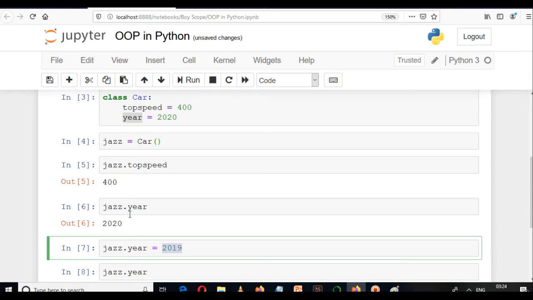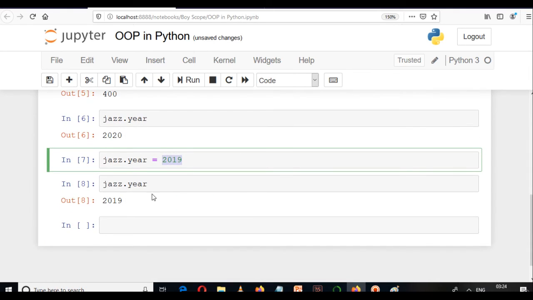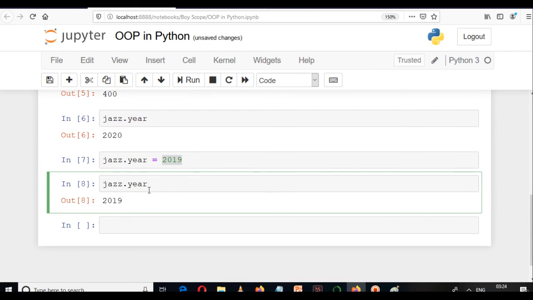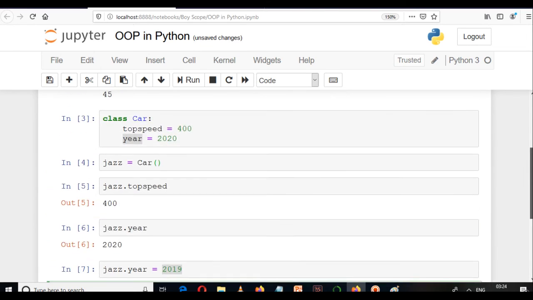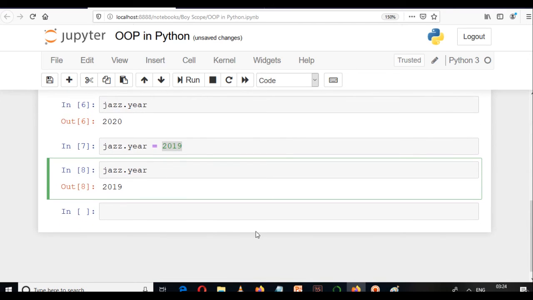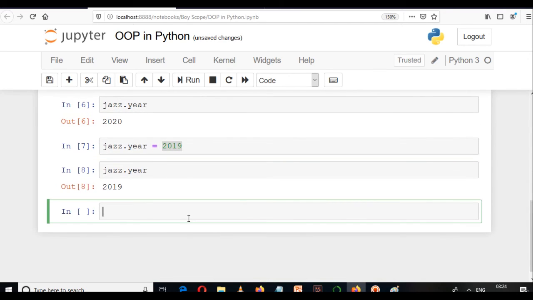We have changed the value from 2020 to 2019, and now whenever we print jazz dot year, it will print that value. Remember, we can create another object of that class.